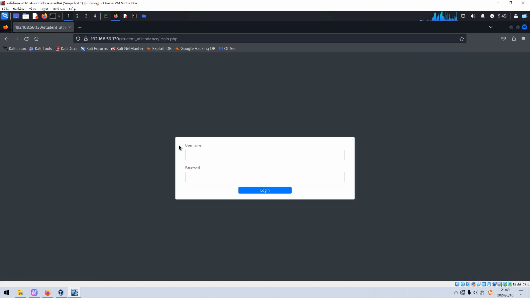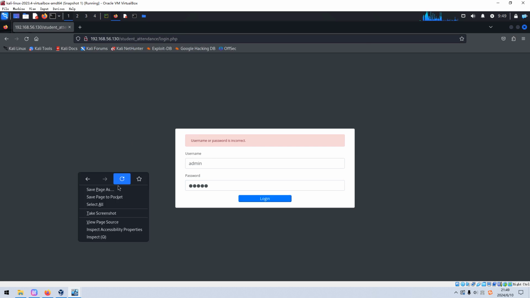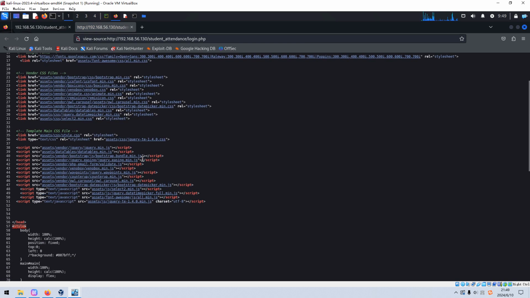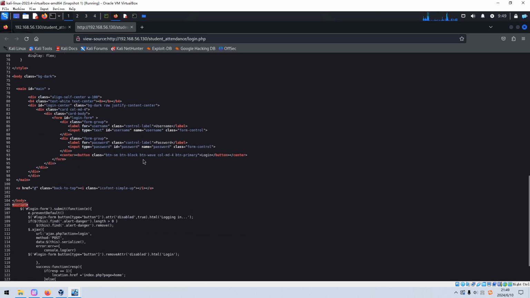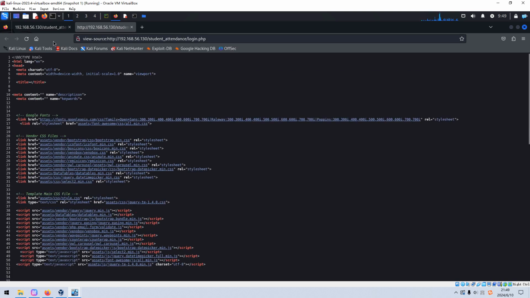As you can see, we are prompted by a user login panel, and we can try to use admin as username and admin as password as well. Login failed. And also we can check its source code. Sometimes source code can reveal very important information. We can scroll down. But nothing at this moment.